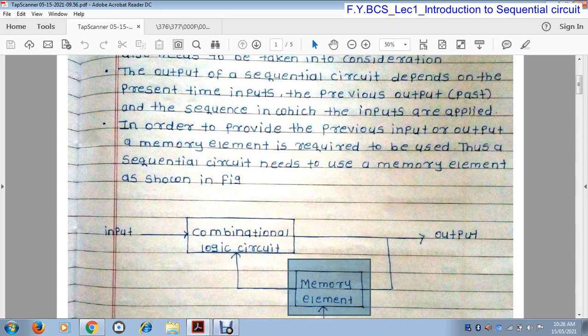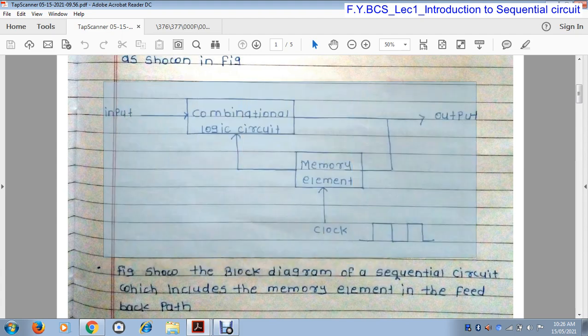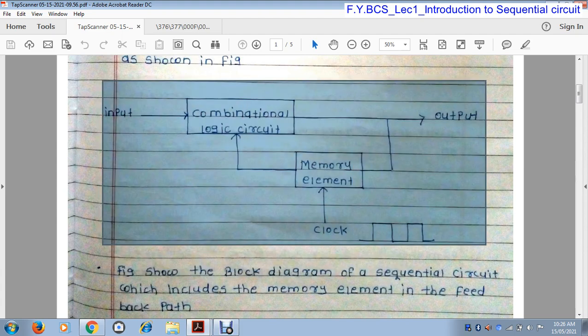So for storing the output, we use a memory element, and when we connect the memory block to a combinational circuit, then it becomes a sequential circuit. This is the basic difference between combinational circuit and sequential circuit: in combinational circuit the output cannot be stored, but in sequential circuit we can store the output.